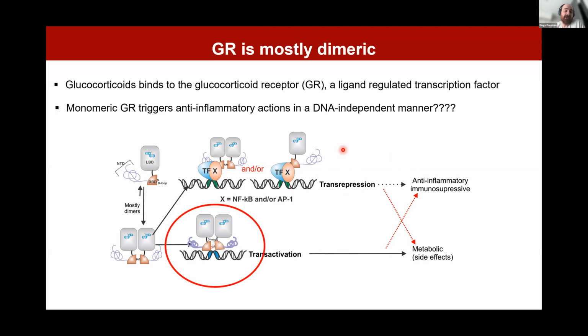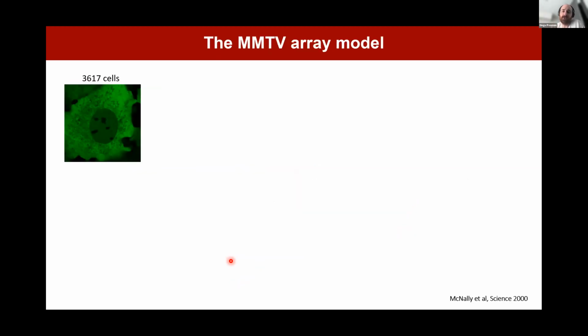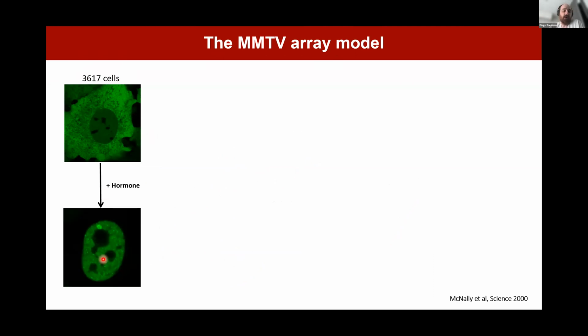So I'm going to finish by also questioning the oligomerization state of GR when it is bound to DNA. And that's not a trivial question to answer, especially in live cells. So what we did is we used this very interesting model that we have. These are called 3617 cells, and they are mammary adenocarcinoma cells. What you can see here is GFP-GR in the absence of ligand. You can see that it's mostly cytoplasmic. Well, something in the nucleus, but you add hormone, and it's almost fully translocated